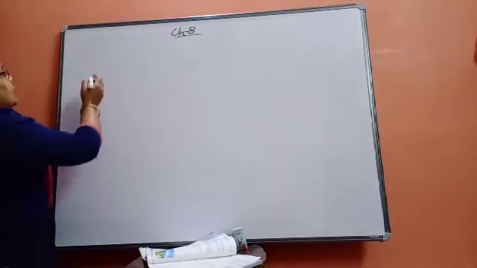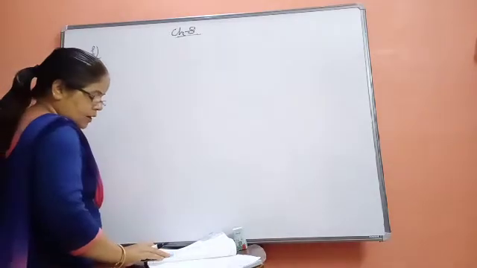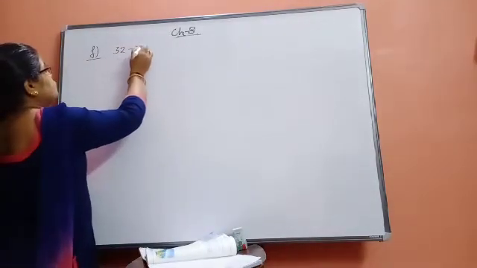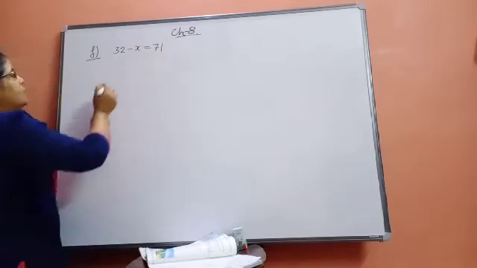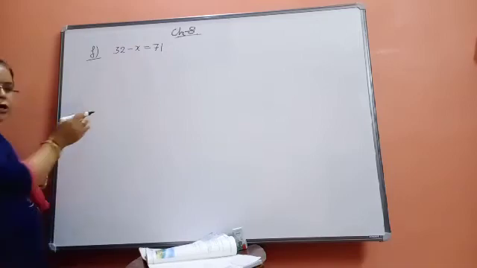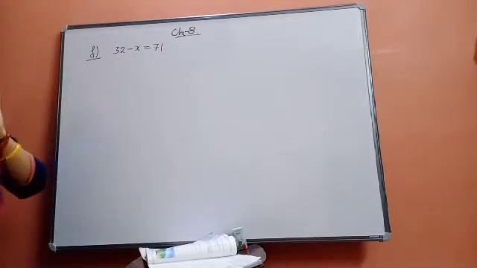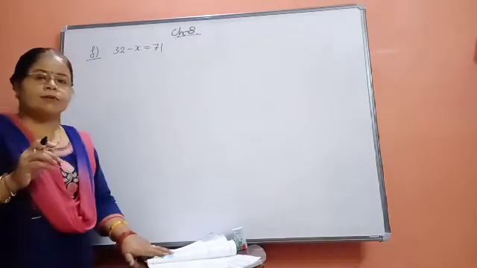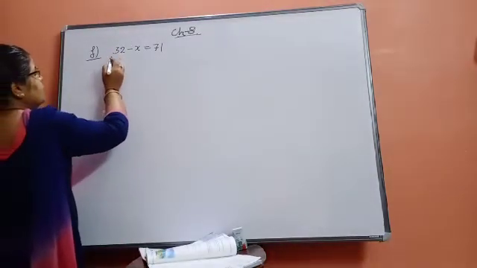See what is the F part of that question from exercise number 8.1: 32 minus x is equal to 71. I told you at that time that you will make the variable free, means along with the variable, no arithmetic term should be there, then only we can get the value. Here we are learning the trial and error method to solve the problems. Here plus 32 is there. So what you will do? Subtract